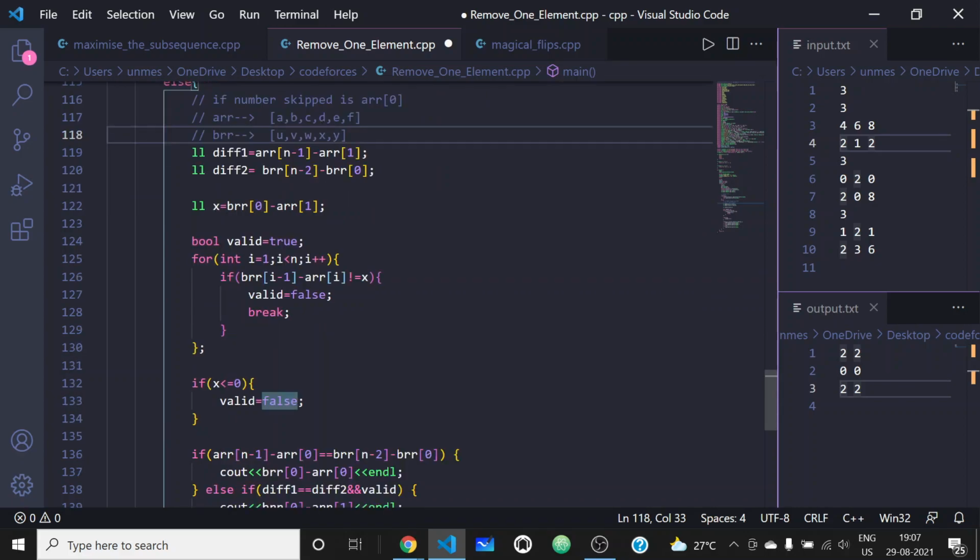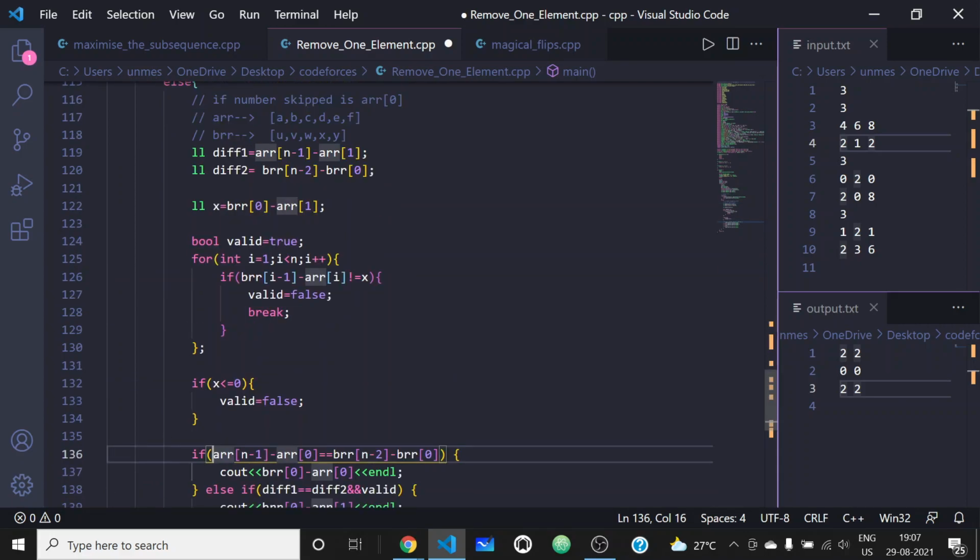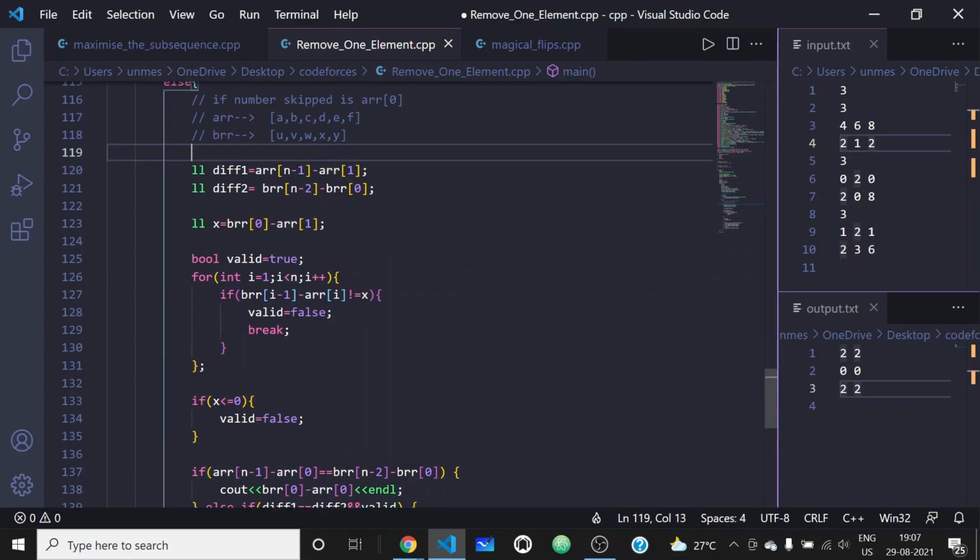So the first thing we will be checking is, let me explain what this is. There are three cases. First is when the element that is skipped is present in between. Second is when the element skipped is the first element, and the third case is when the element that is skipped is the last element.